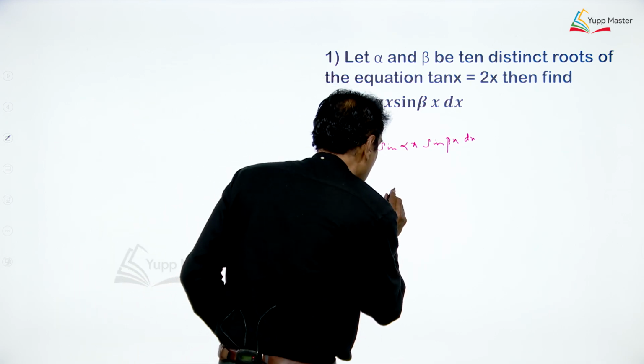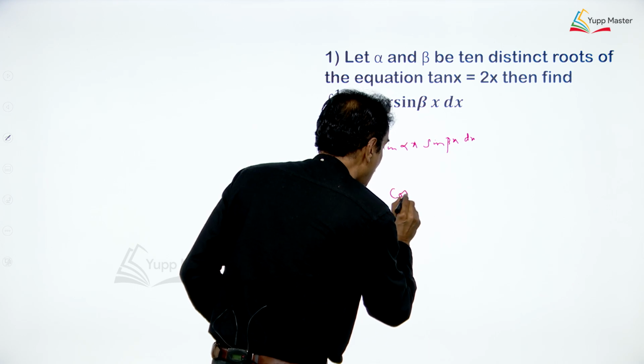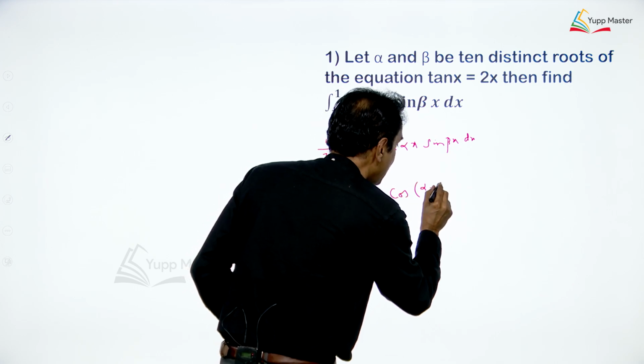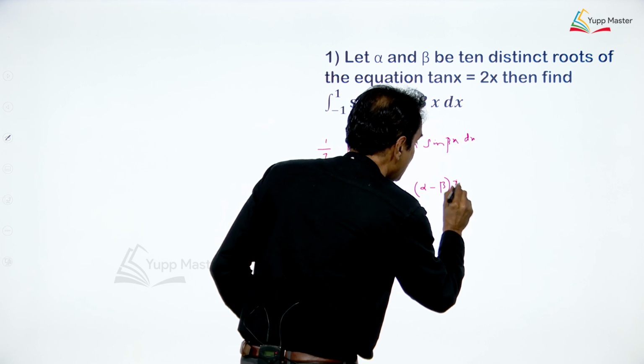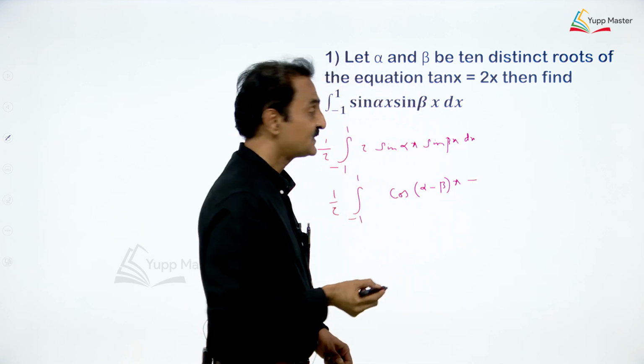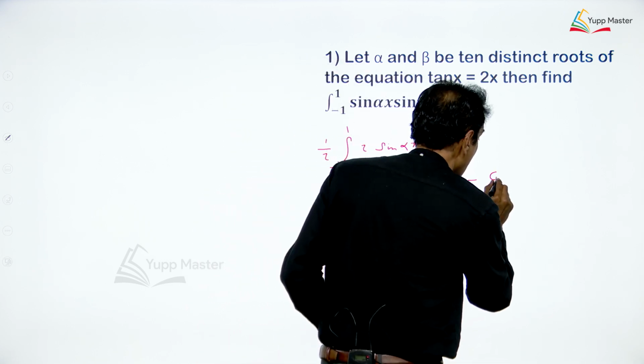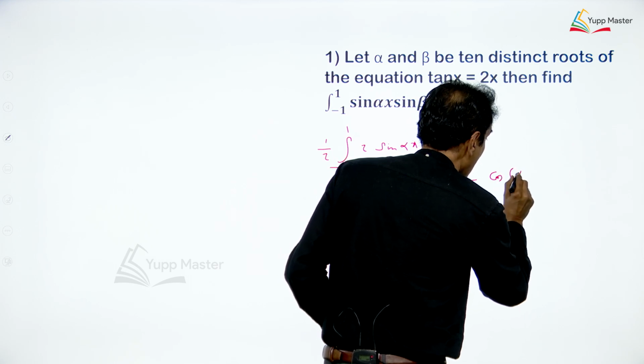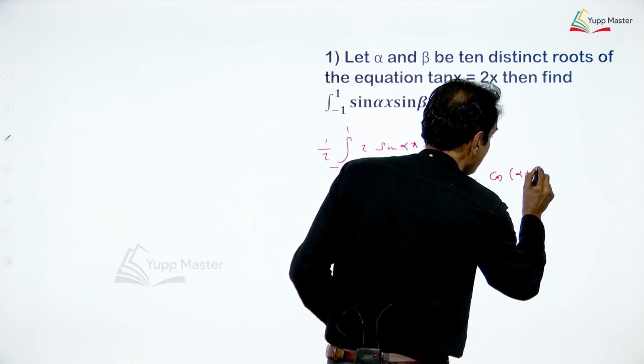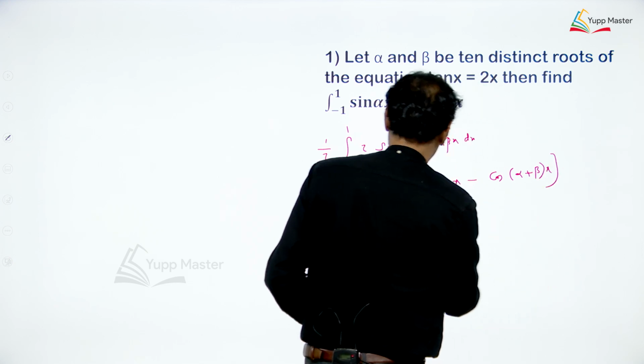So, it will be cos (alpha minus beta) into x minus cos (alpha plus beta) into x,